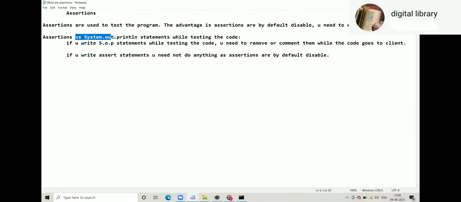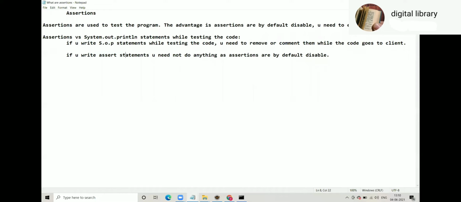Assertions versus system.out.println statements while testing the code. If you write SOP statements while testing the code, you need to remove or comment them while code goes to the client. But if you write assertion statements or if you use assertions, तो advantage ये है that assertions are by default disabled. Client will not come to know that assertions are there.